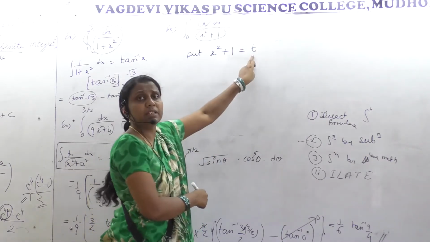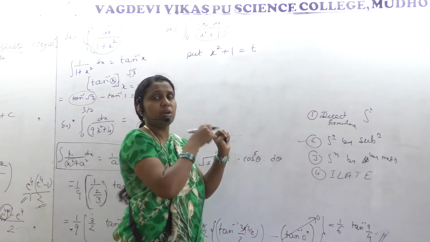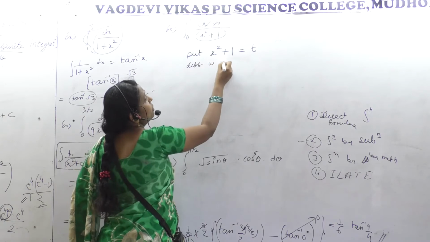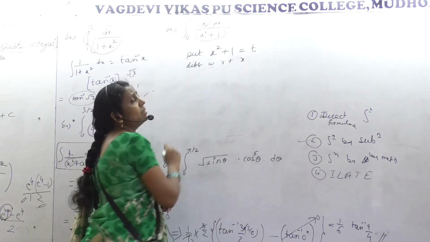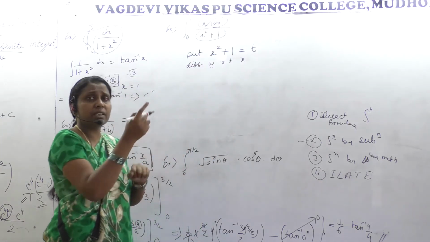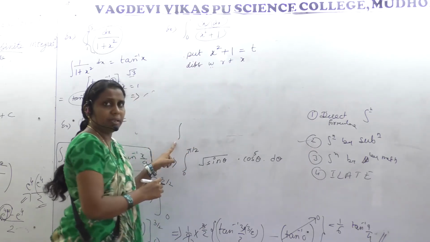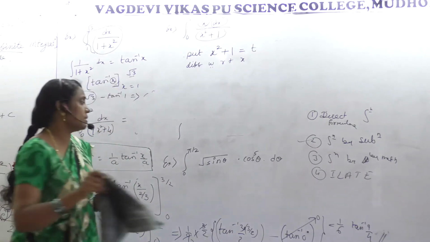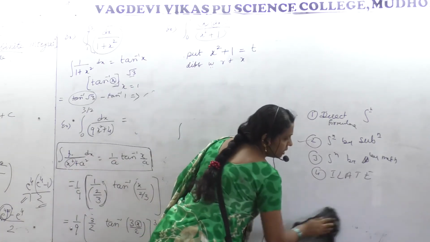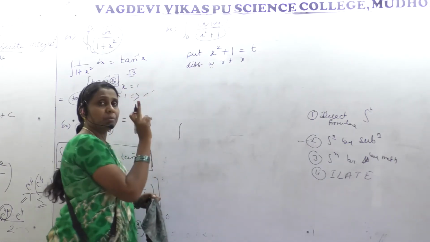You can take any other variable, it is your choice. You can take u, v, but should not take x because the integral is already in the form of x. Now you differentiate with respect to x. Why is it needed? Because dx is there, the replacement for dx should also be there. I will write this step. I will not put the limits now itself. I will just go on substituting and making you understand why the form is required. Integration limits I will put in the end.